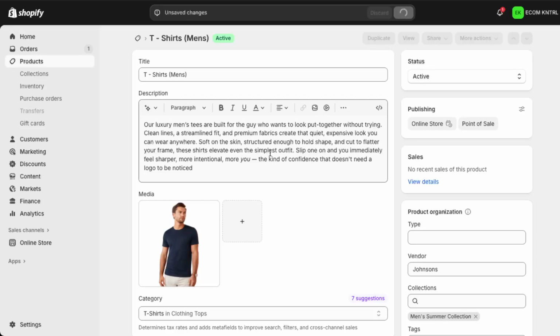Once you're happy with the new price settings, move to the top or bottom of the page and click the Save button. This is important. Your changes will not go live until you hit save. After saving,